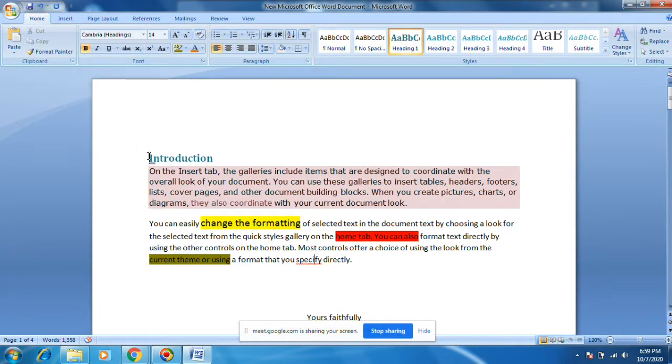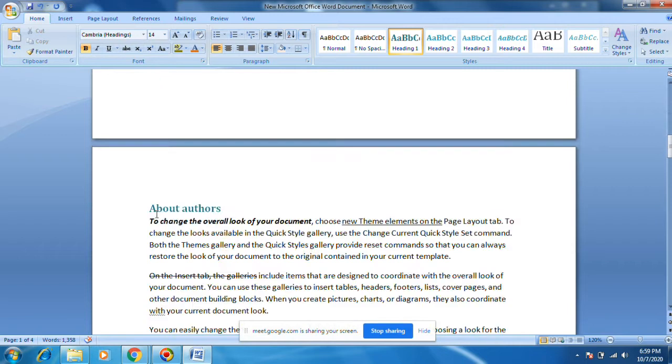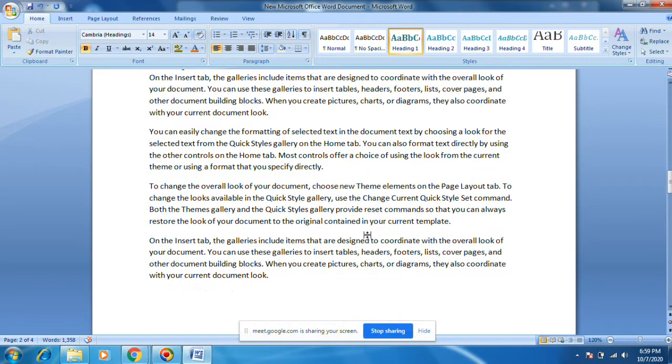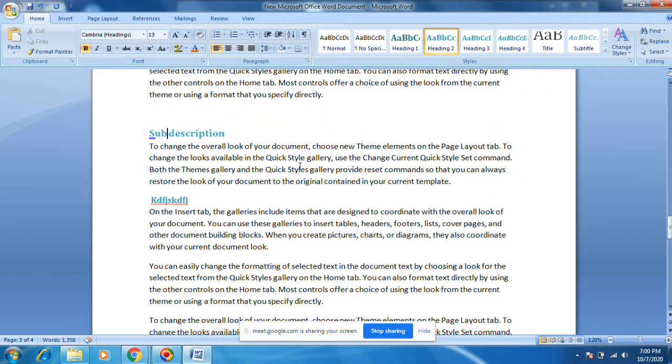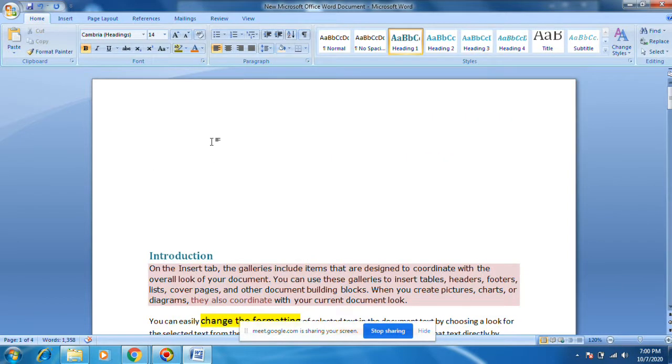Now I want to create an index, where I can see which page the introduction is coming, which page the about authors is coming, which page this description and sub description are coming.